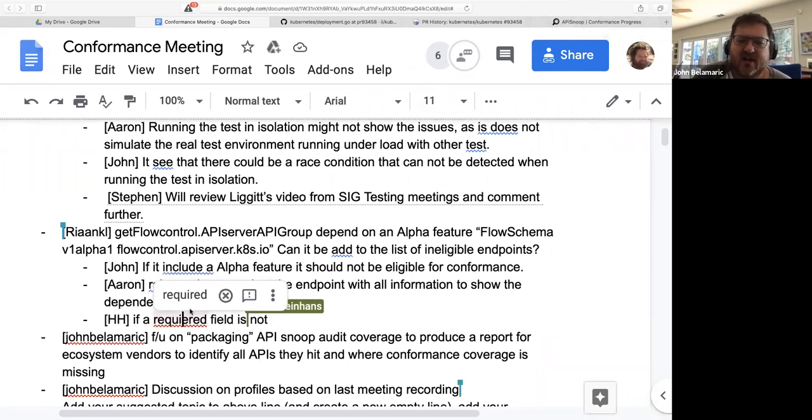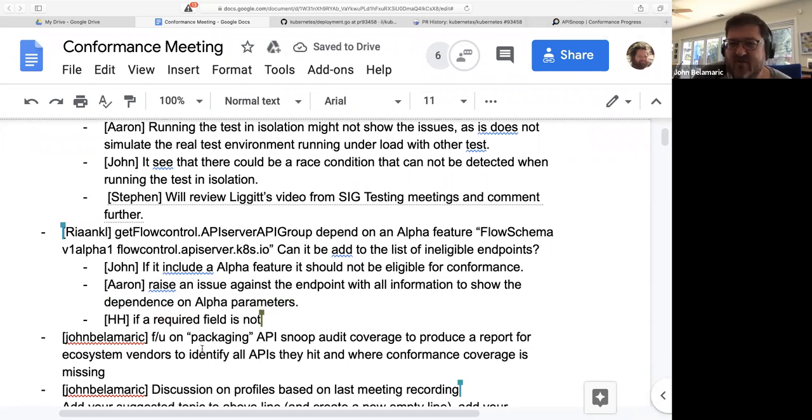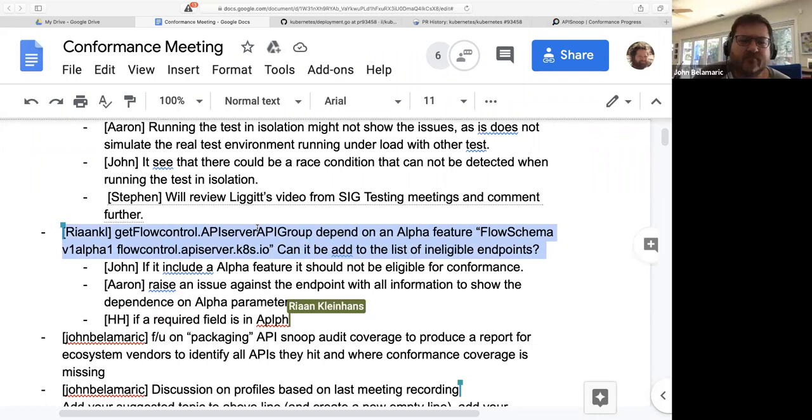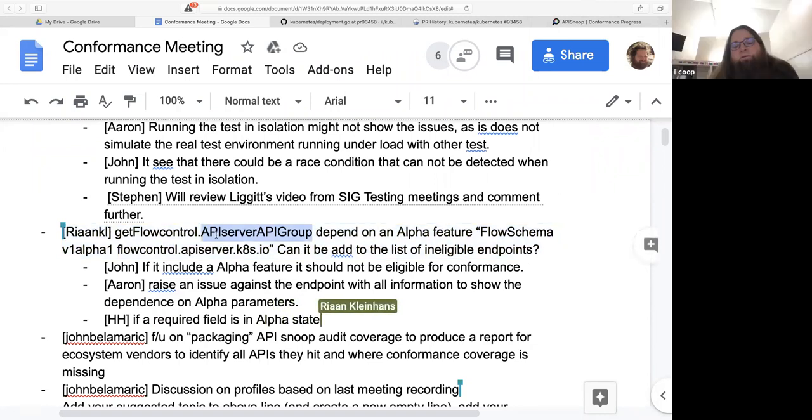Typically, they don't get added as required unless it's like a new kind, right? You can have required fields in a new kind. Yeah, but I think for API server API group,